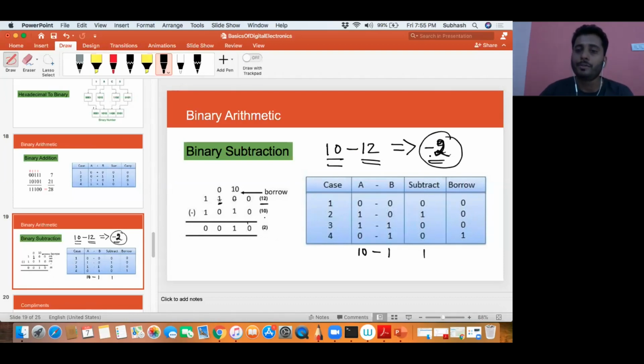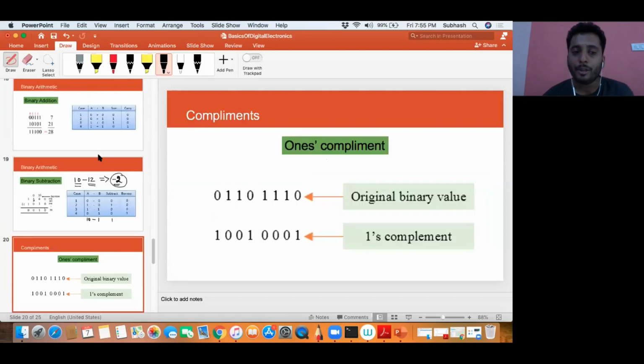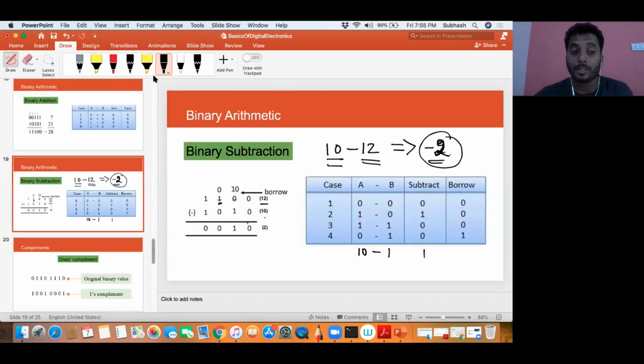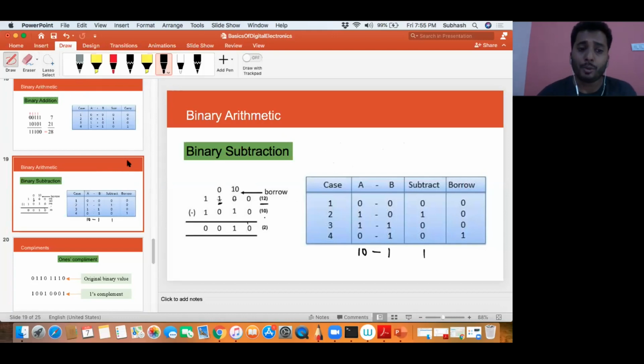That is when we make use of something called complements. There is ones complement, twos complement, nines complement, tens complement. I'm not discussing nines complement and tens complement, because that is beyond the scope of this video. What I will do is teach you ones complement and twos complement, how to represent negative numbers using them, and how to subtract a bigger number from a smaller number using the twos complement method, so that you will understand binary notation very clearly. Okay, let's get into the next slide.